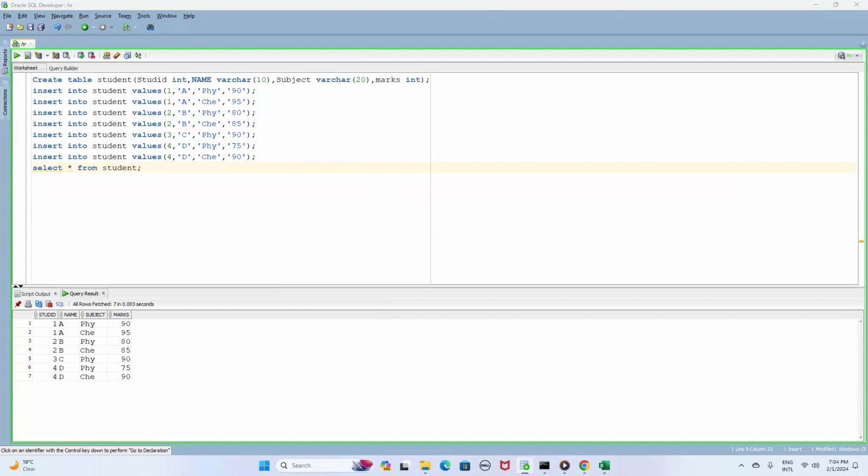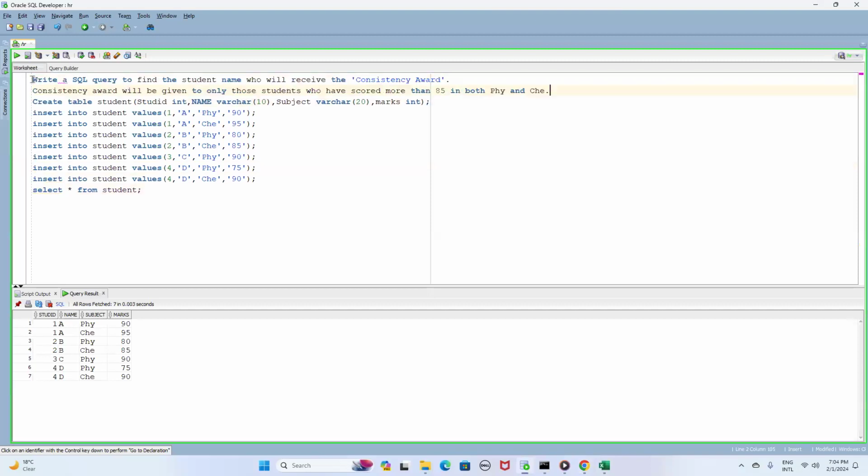So let me copy the question. And this question I have discussed, I think, more or less in each and every batch. Okay, this is the question. So you have to write a SQL query to find